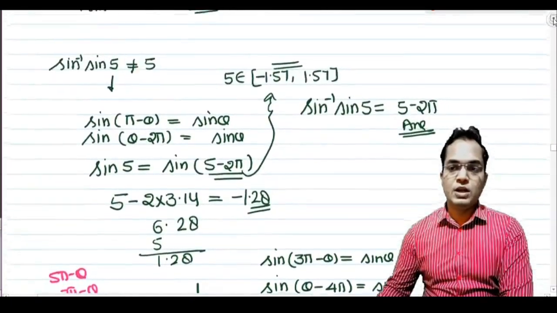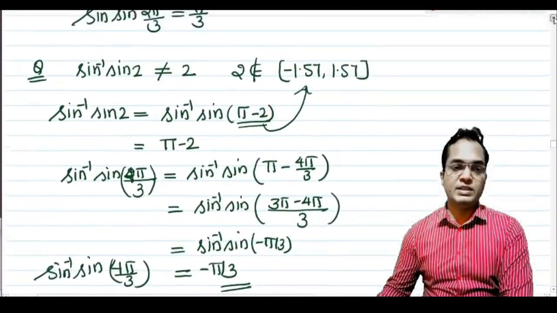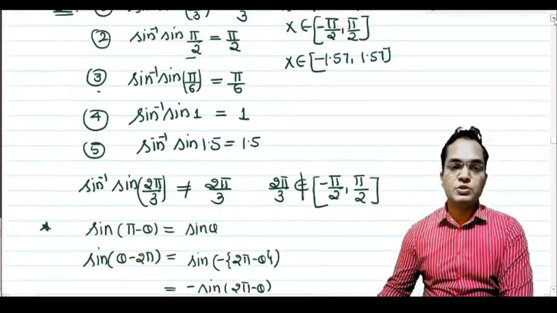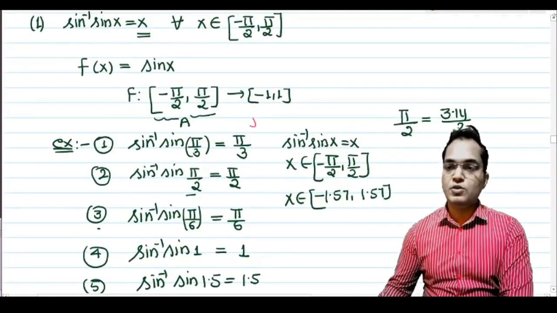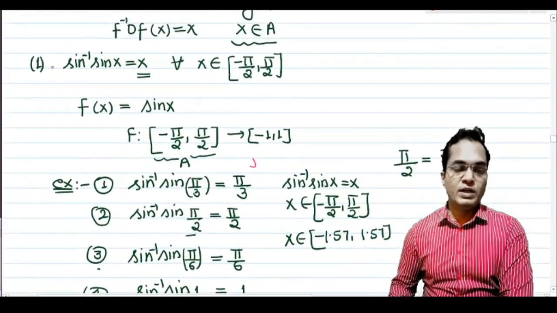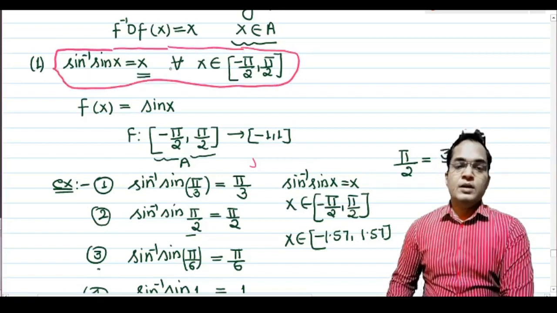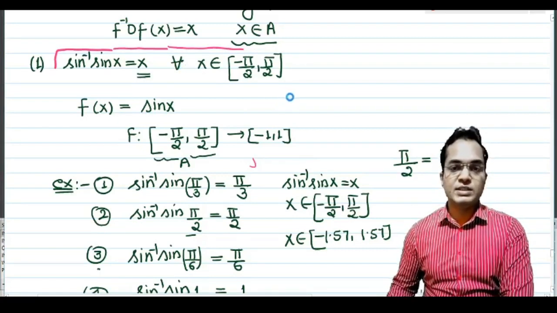Okay, now this is all about property number 1, and we dealt with its first part for sin inverse sin x. Sin inverse sin x is x only when x belongs to minus pi by 2 to pi by 2. This is the basic, or you can say fundamental, first property. Sin inverse sin x equals x when x lies between minus pi by 2 to pi by 2. On the basis of this, you can solve the first exercise, I think exercise 4.6. Okay, thank you.